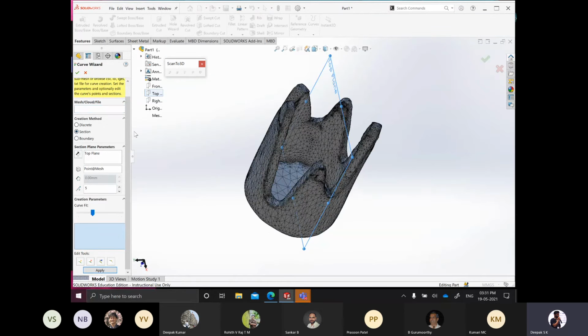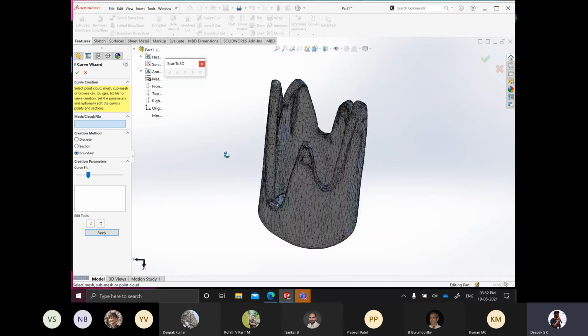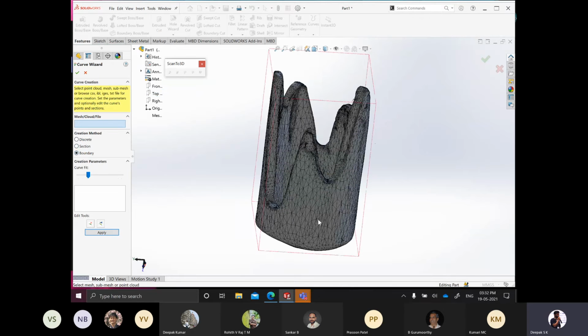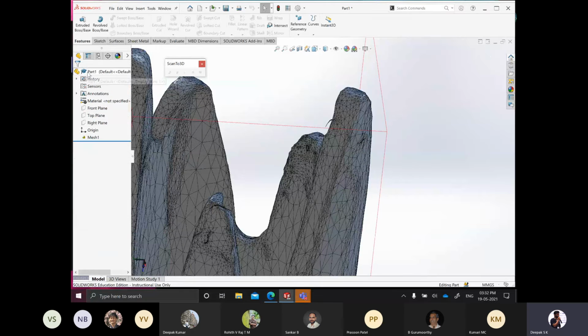So I will not do that now because it will take a lot of time to process that. The next thing is the boundary thing. So boundary is mostly used in 2D plane, but the idea here is that instead of going in sections, the boundary option will smoothen out the boundaries. So in this case, these boundary sections. I'll explain these two more in the 2D plane thing.